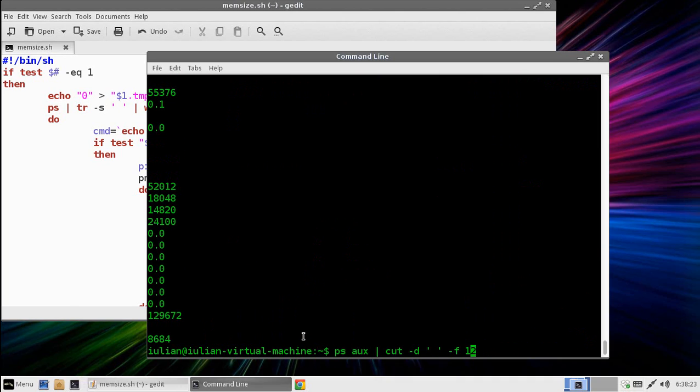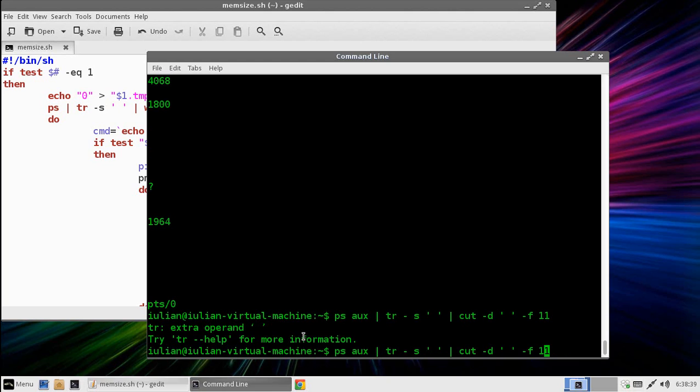12th, 13th, okay, 14th, 16th. Yeah, but this is because, I know, this is because we are not trimming this. Okay, so now let's try 11th. Let's try, as I said,